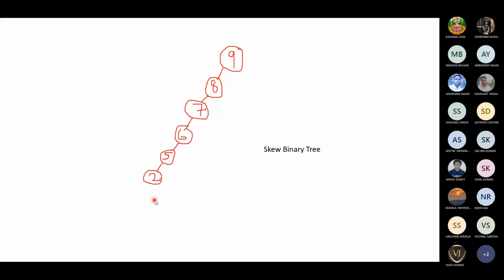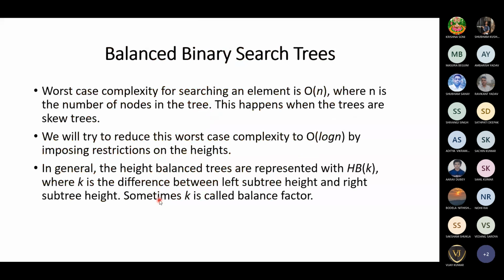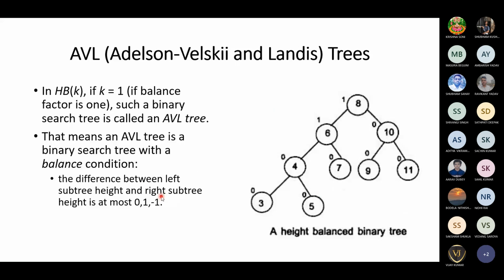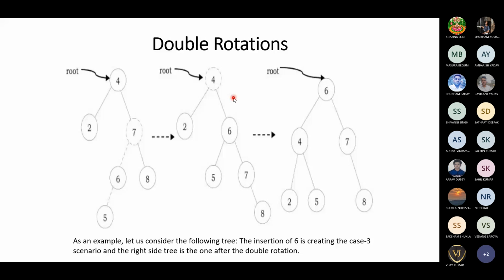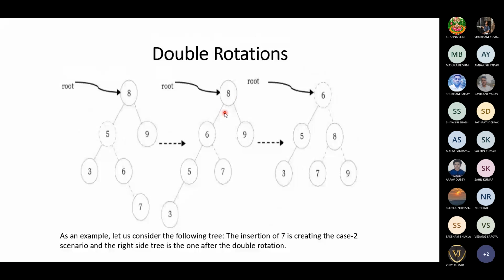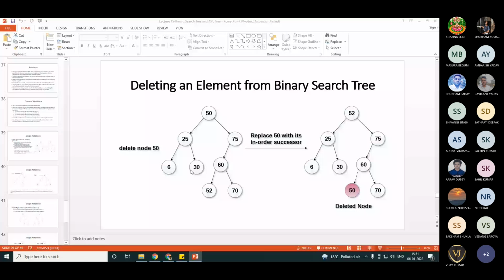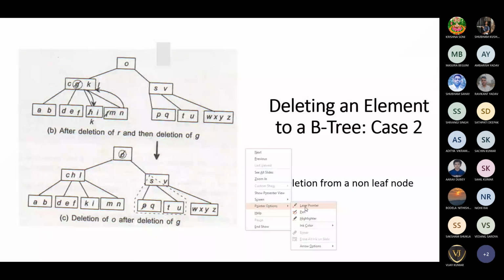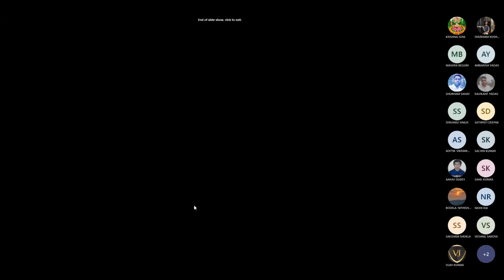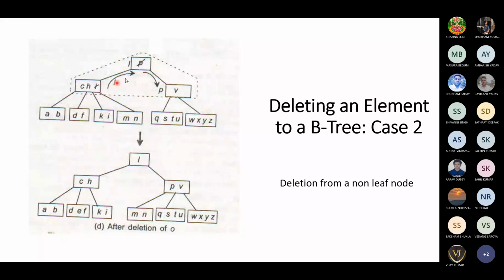Once this is done, then we try to bring it to balance. Likewise, in an AVL tree, when you are deleting a node, you have four rotations that we studied. The height is imbalanced, so we have to make some rotations. The same property we are applying in B trees when we are deleting a node. When it creates an imbalance, we do some left operations and right operations in order to preserve the properties of a B tree. As simple as that. Okay. Is this clear?